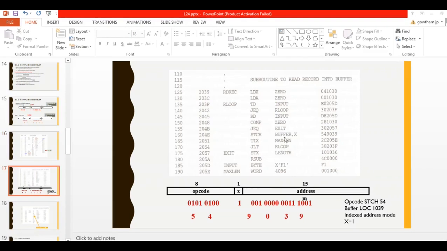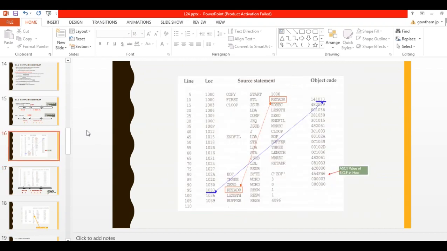Next, here line number 160, STCH BUFFER,X, so X modifiers are used. So this is the indexed one, so the object code will be generated like this: opcode of STCH 54, then X will be 1, then the BUFFER address is 1039.